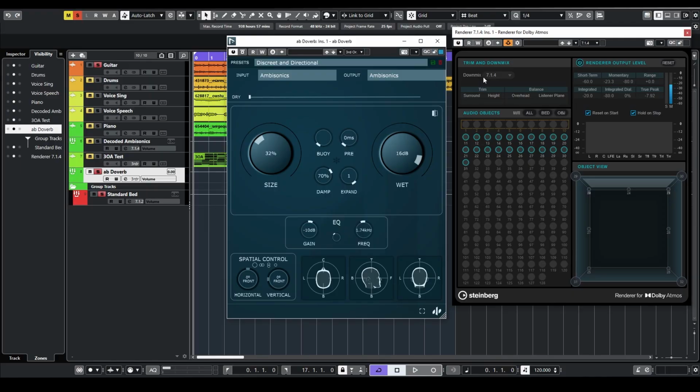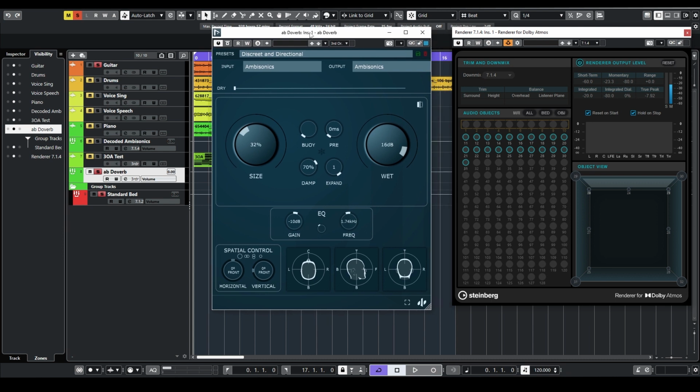I'm going to down mix this to stereo later so that you can hear what I did, but right now I can tell you that if I press play,